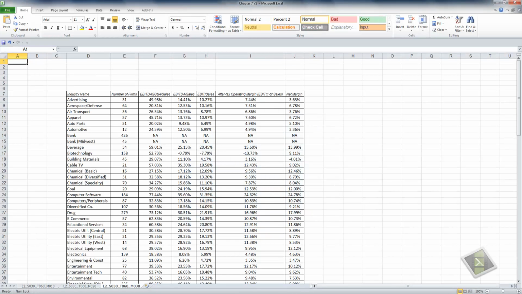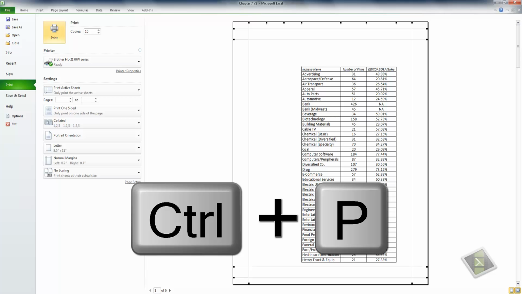So we're looking again at the list of the industries traded on the NASDAQ exchange with some statistics associated with those industries. We're going to go back and change some printer settings. In the Backstage area, Control P. The first thing we can do, we have 6 pages that will print out if we send this print job